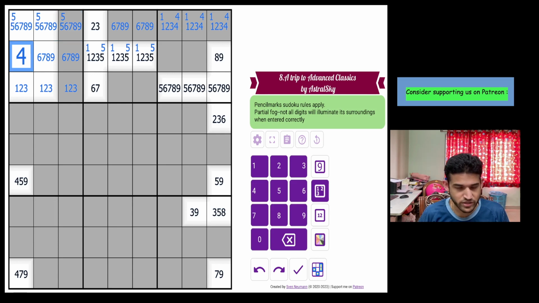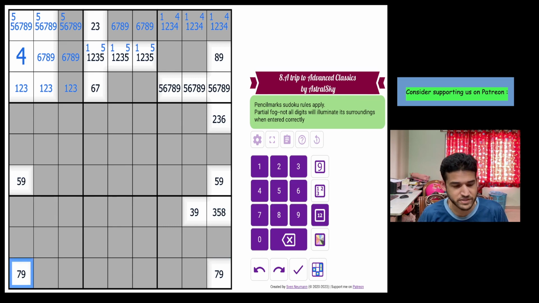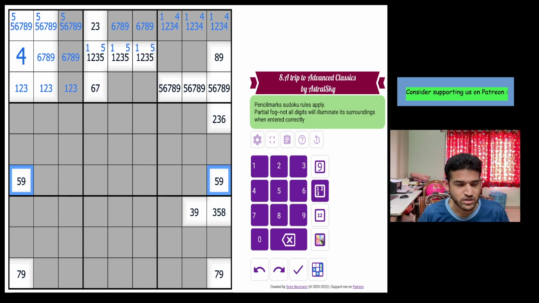So let's make use of this 4. You don't have a 4 here. This is 5, 9. You don't have a 4 here. This is 7, 9. Wow. That has given us a pair here and a pair here, which basically is an X-wing. So 9 is in one of these 2 cells in row 6, and 9 is in one of these 2 cells in